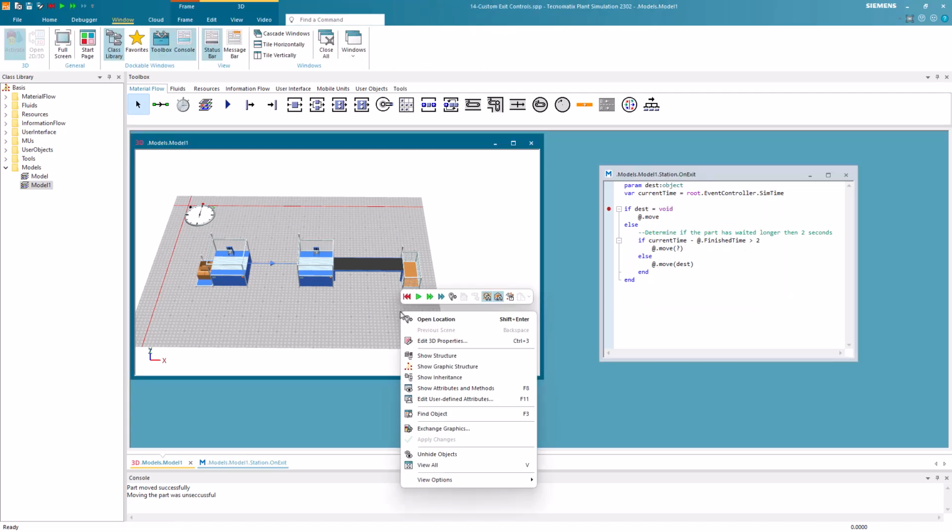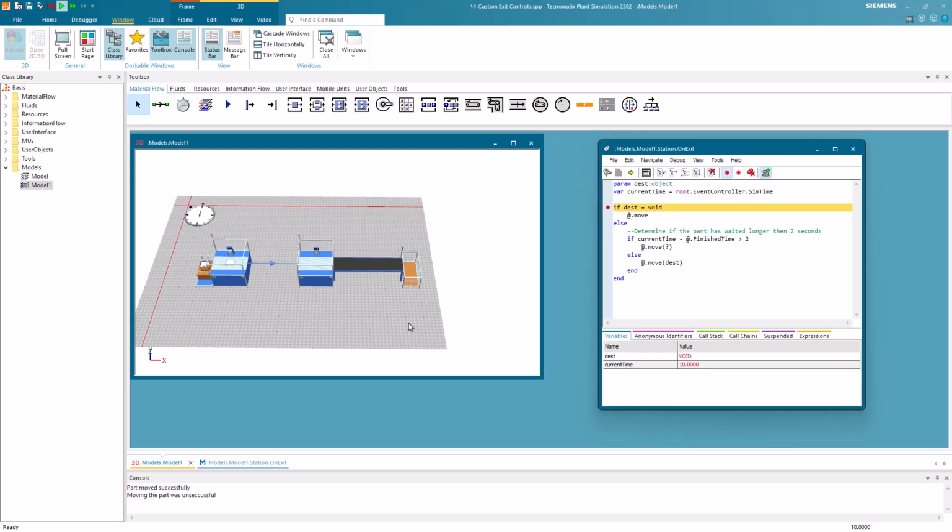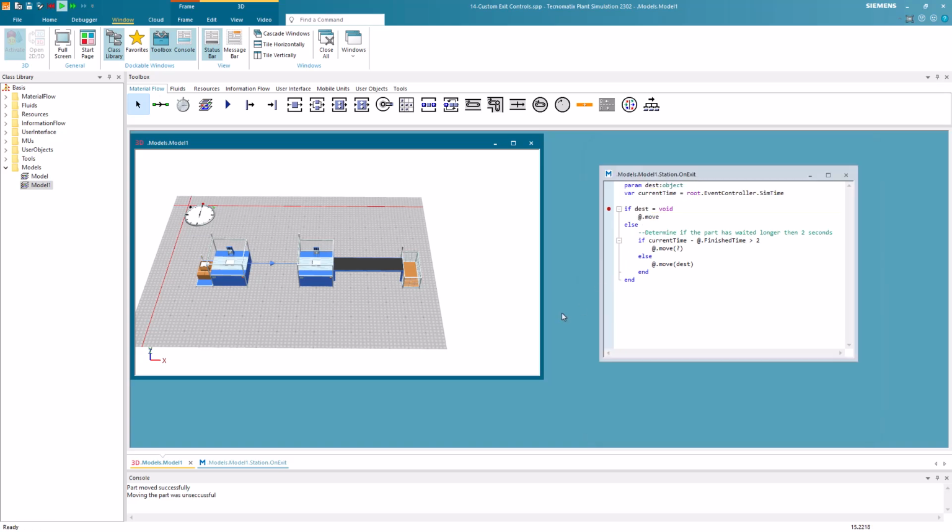We start the simulation. The first time the breakpoint is reached, we can hover over dest and see that it is void, since the exit control is called without a parameter. So the first branch will be entered. We then let the simulation continue.